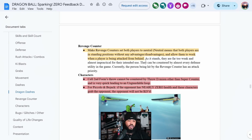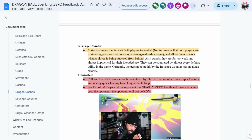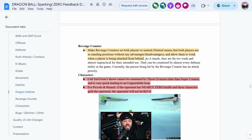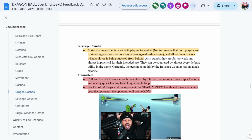Revenge counter. Make revenge counter set both players to neutral. Neutral means that both players are in standing positions without any advantages or disadvantages, and allow them to work when a player is being attacked from behind. I agree. So again, even though I have talked a lot about how I don't like the defensive mechanics in this game and how obnoxious I think they are and how they're basically very imbalanced and high reward, low risk, if you make the changes that I would want to see to super counter, then it makes sense to have the actual easy accessible option of revenge counter be more useful to actually escape combos,